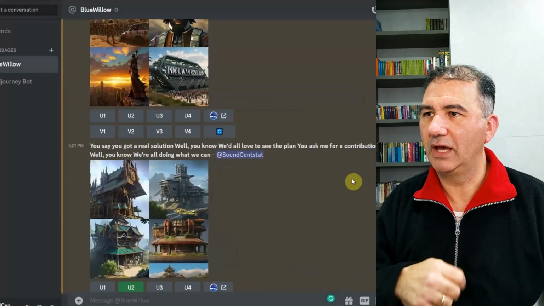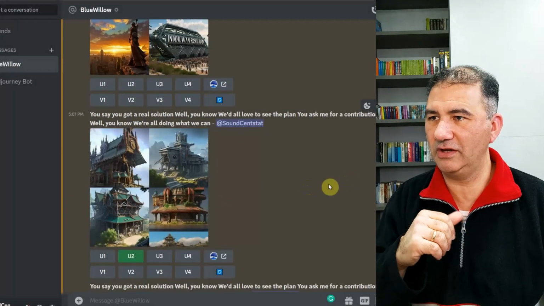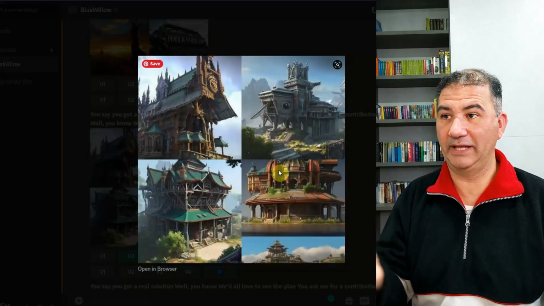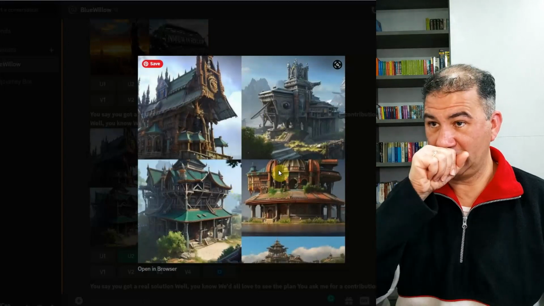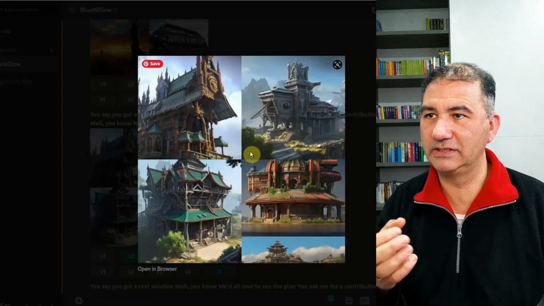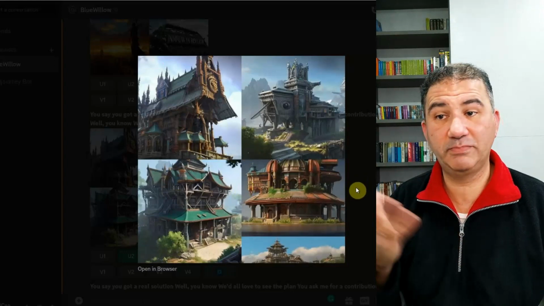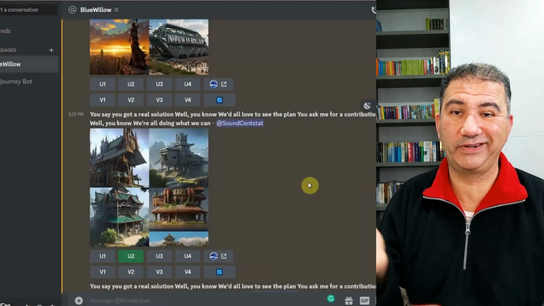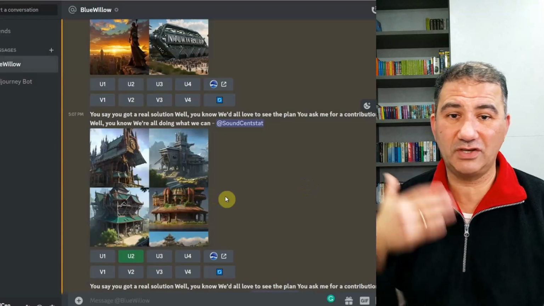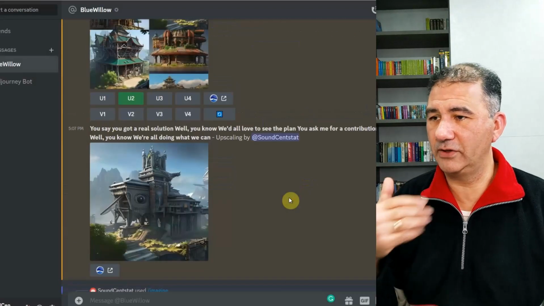Moving on, I took another sentence from further down in the song, and it came back with these very, very alien, planetary images, landscapes, call it what you might. But they were really, really great. Very, very detailed. 1, 2, and 3 are easily usable. 4, not so much. But again, using Blue Willow is free. You're not going to lose anything just by keying this. And you could click on variations of it as many times as you want, and maybe something even better would come up. So I upscaled those.